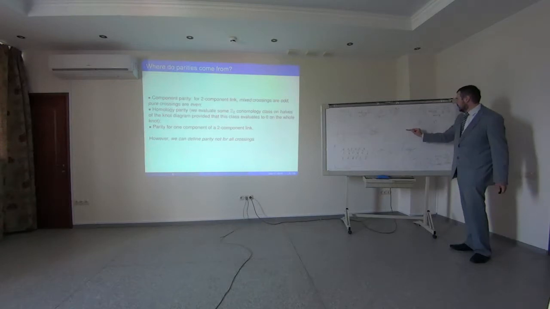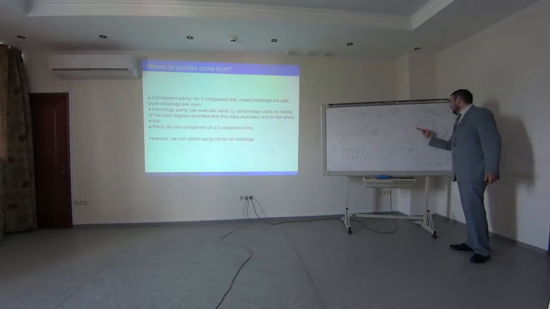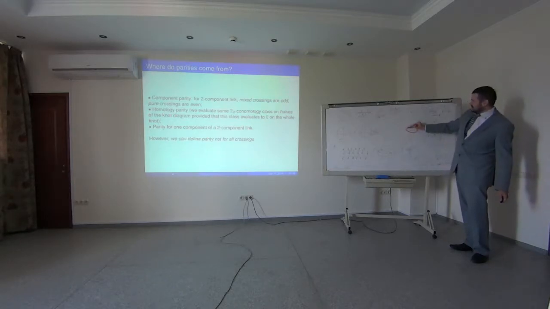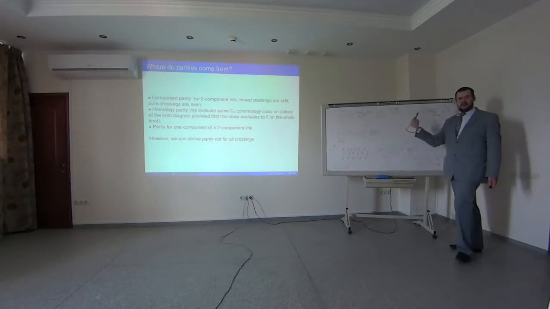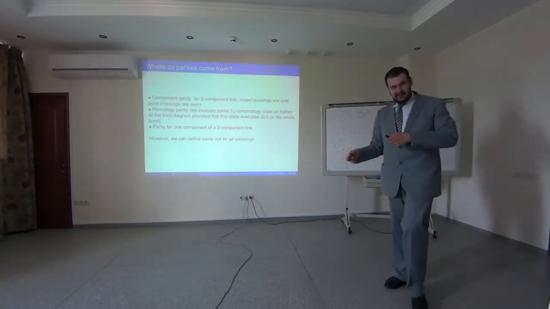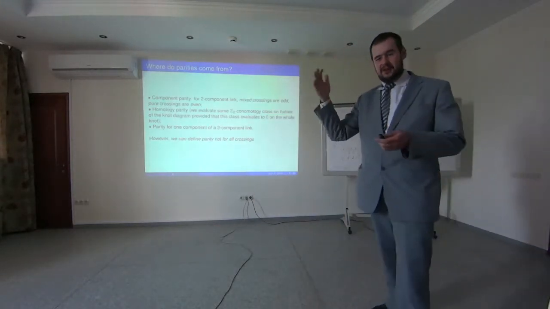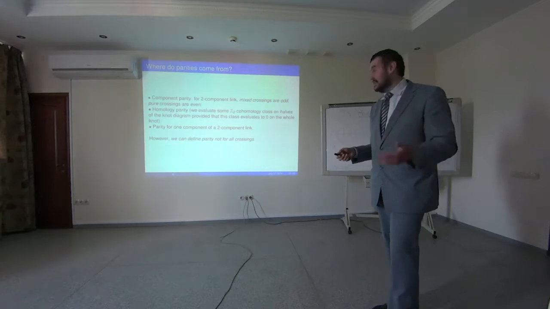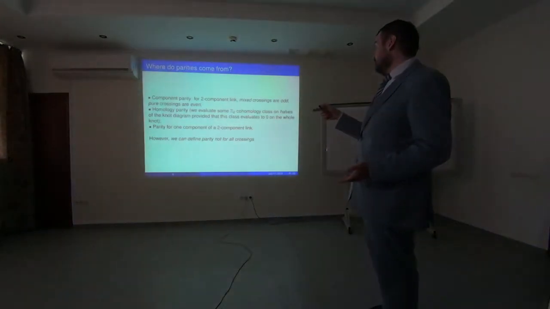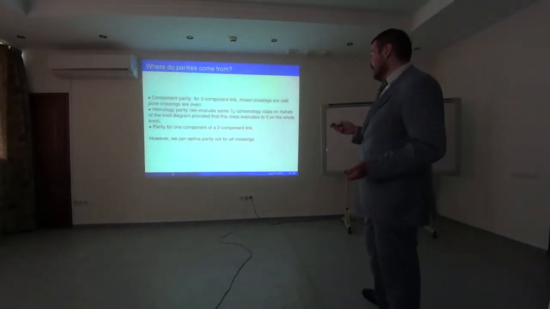If we have a knot, then we can take some part of it going from a crossing to itself, and then I just evaluate this homology class on this part. It can be 1 or 0, and this is a well-defined parity, if the Z2 homology class evaluated on the whole knot is 0. And also, actually, there is